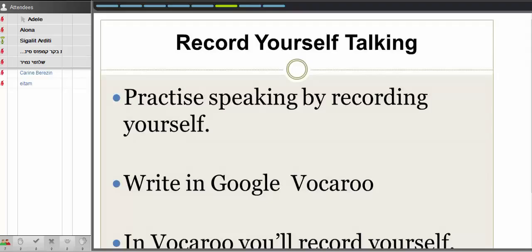And now I'll share with you a tool, and I'll show you how you can record yourself, and then I'll show you the Google Doc where you can paste the link. You'll record yourself, copy the link of the recording into a Google Doc. So now I'll go straight to